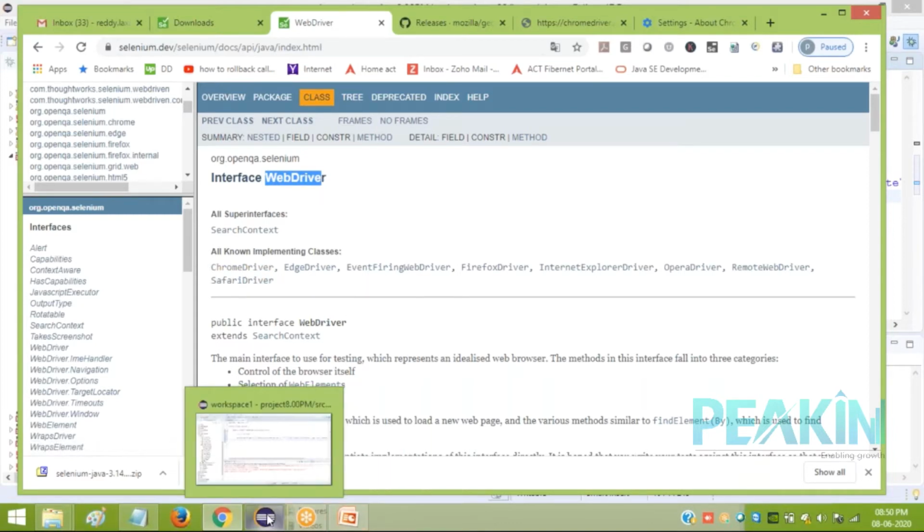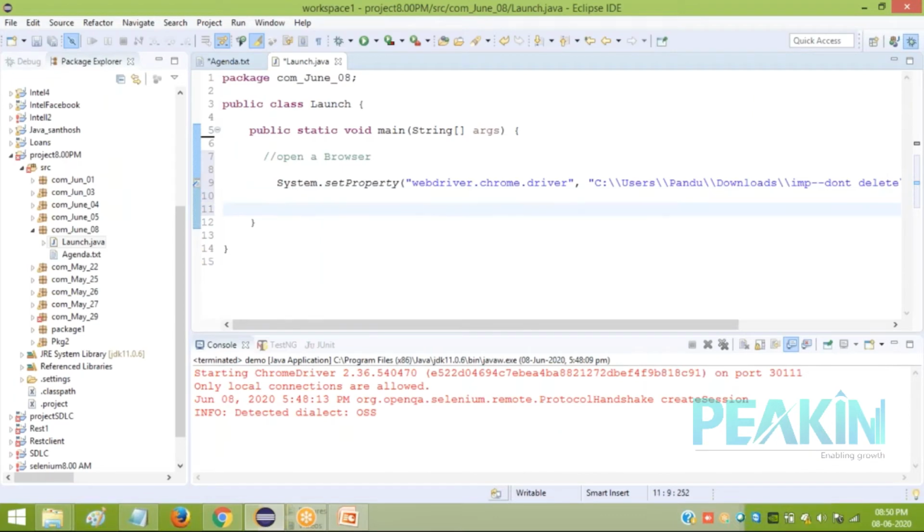So how to do that? Here, WebDriver, W and D are capital. You can give any name, A, B, C. As you know, to create an object you use new, and then you give the constructor of the class you want to create. So if you want ChromeDriver, I call the class constructor ChromeDriver.